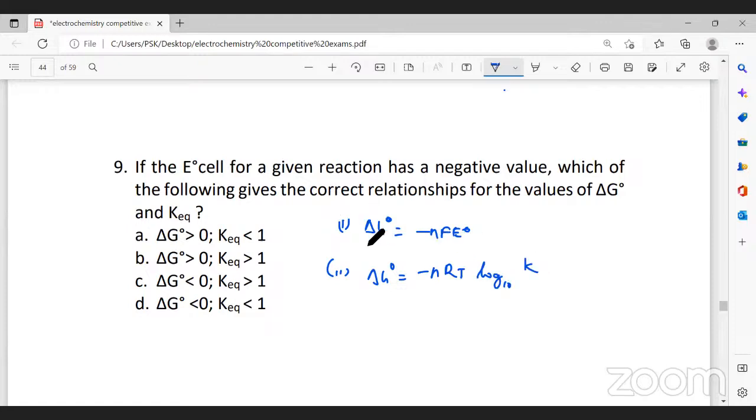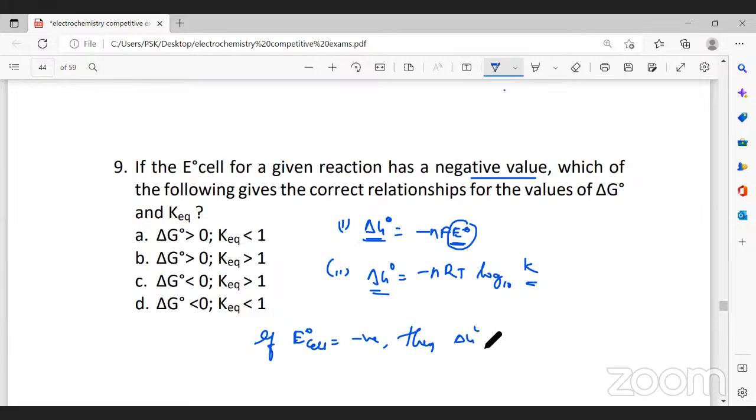So this is the relation between EMF of the cell and free energy. This is the relation between equilibrium constant and free energy. In the question, they've given that E cell for a reaction has a negative value. Which of the following gives the correct relationship for the values of delta G and K? Now, if E naught cell is negative, then